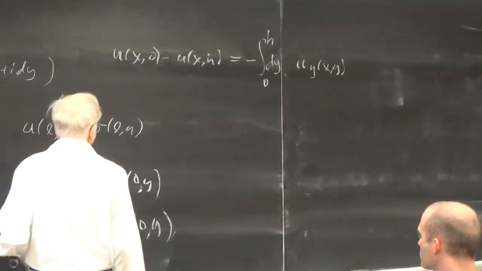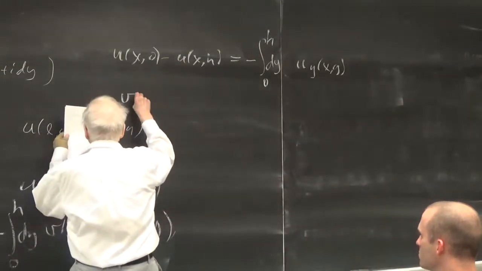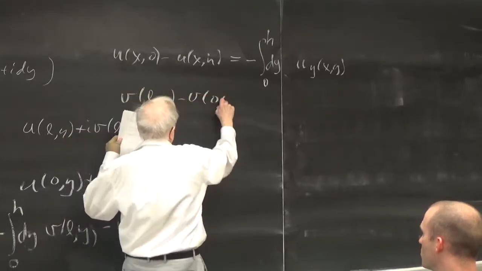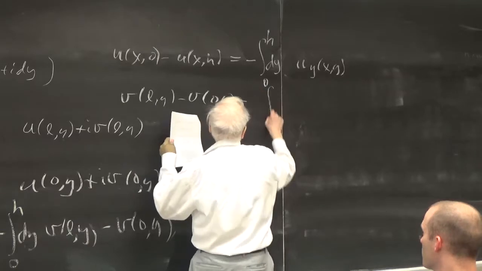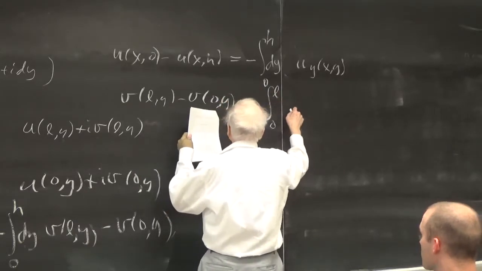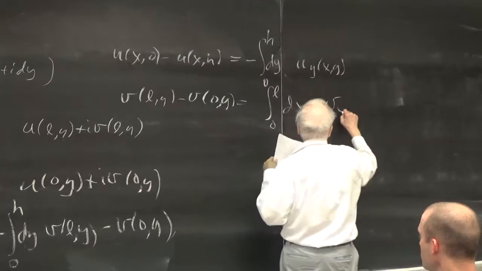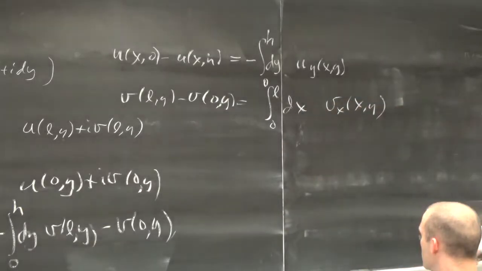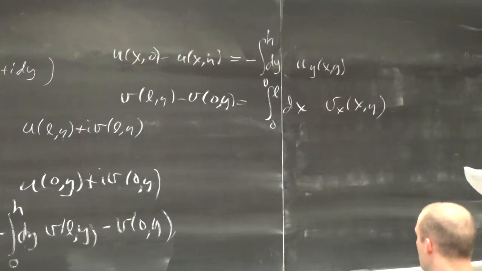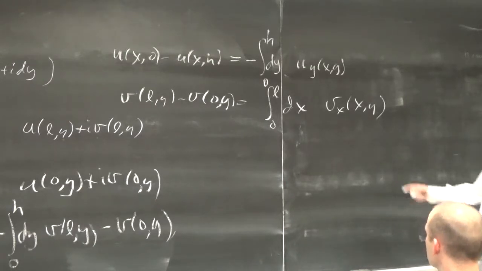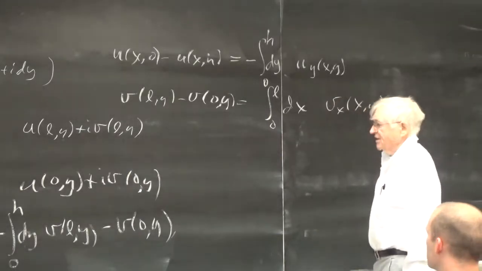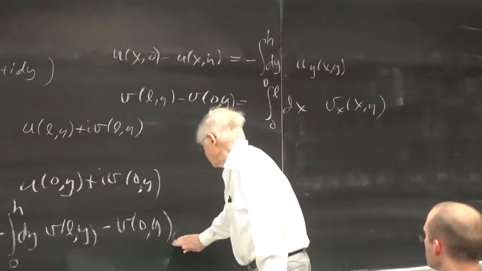Similarly, this thing here is also a simple integral. V of L and y minus v of 0 and y is just the integral from 0 to L dx, the x derivative of the integrand, and we're integrating x from 0 to L. So that means then that we can rewrite this